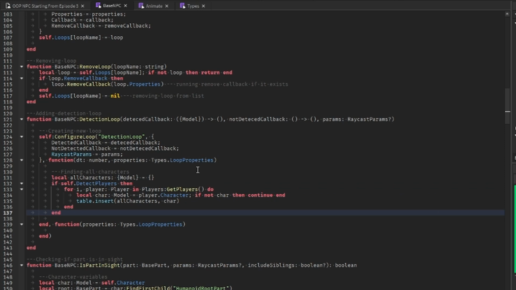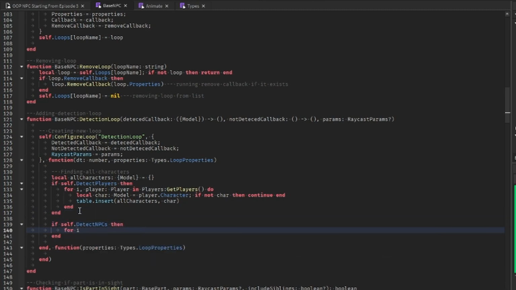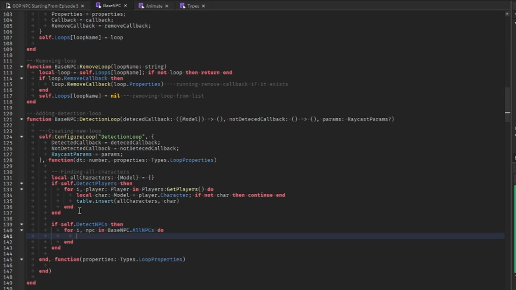So then we're also going to do another one similar to this for all NPC characters. So if self.detectNPCs, then we're going to loop through all the NPCs. We're going to do if npc equals self then continue end, because we don't want to include